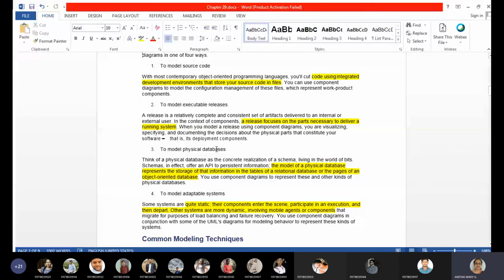And physical databases means what exactly the database contains, the relational database or the schema of that database. What the database has, what are the different tables and so on. Adaptable systems, we show just the replicates or the copy for the sub branches.